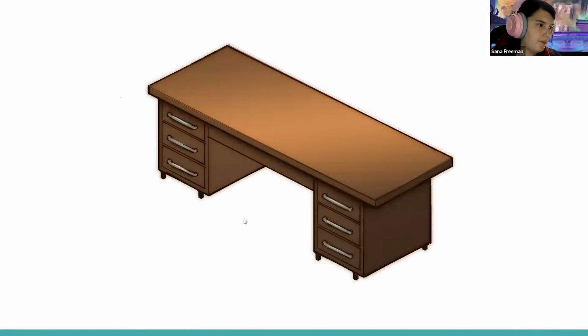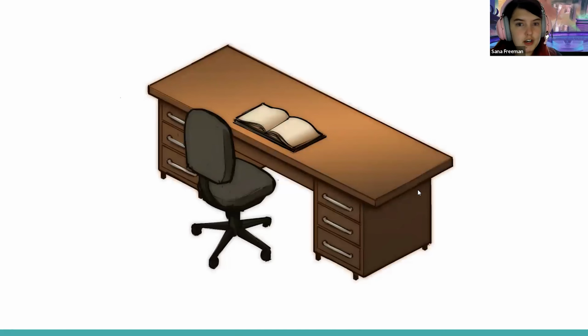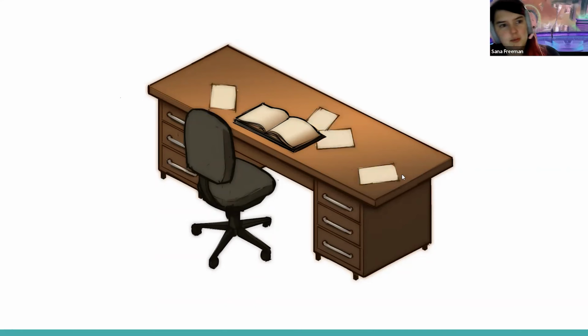And then people need to sit at the desk. So I'm going to IKEA, purchase my IKEA chair, plop it in my game. And well, what do people do at a desk? Well, they read, but then you're like, God, my desk is so boring. How do I make this top right? Let's put these papers all over the desk, because now it's visually interesting, right? But it's still kind of plain and all the papers are plain. So we'll put pens here.